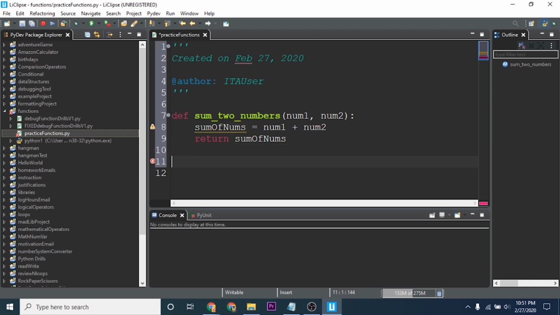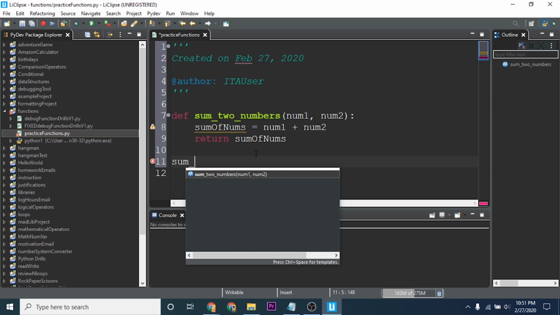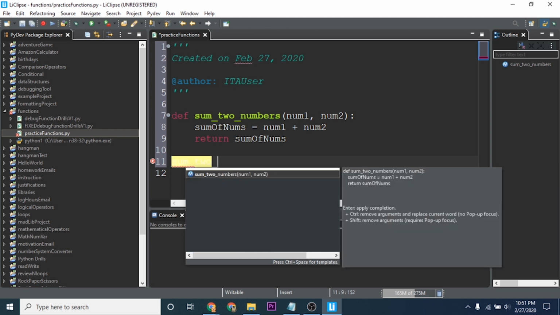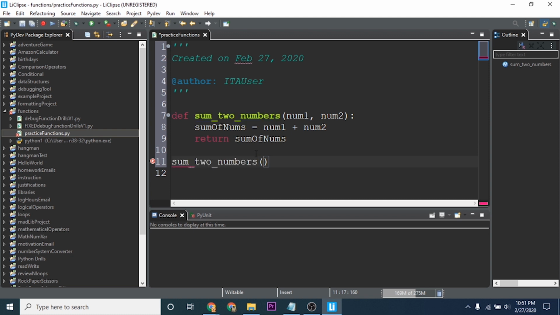So now if we're down here, we can call this function sum two numbers, and we can input whatever numbers we want, 4 and 5. And then we can store this in a variable. So we can say x equals sum two numbers 4 and 5. If we run this and we print out x,